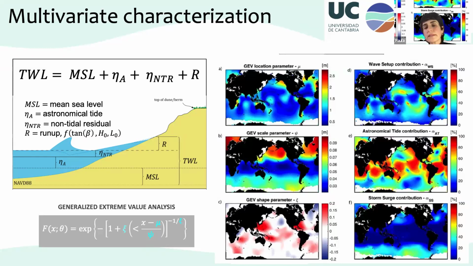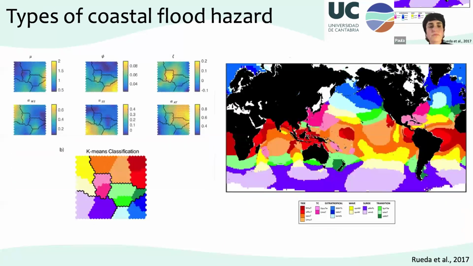In this study, we also calculate the contribution of each component: the wave setup, astronomical tide, and storm surge. So with this information, we can apply a self-organizing map considering these six parameters